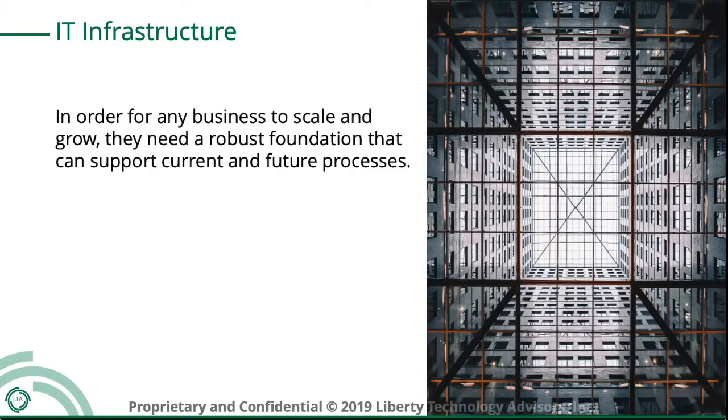So your IT infrastructure has to be able to scale and grow. It's a robust foundation, and it needs to be able to